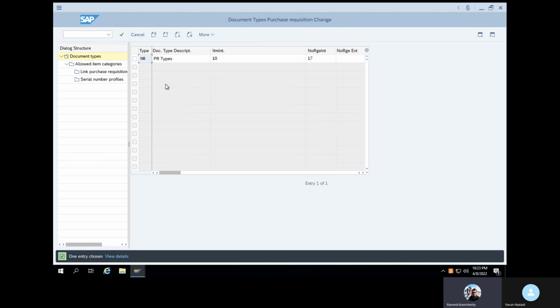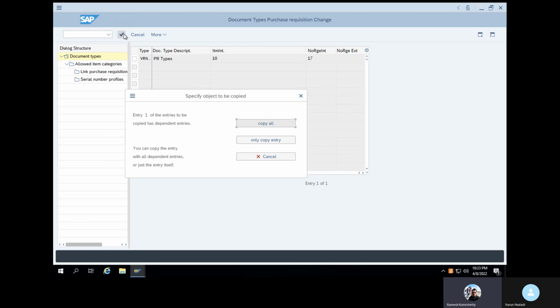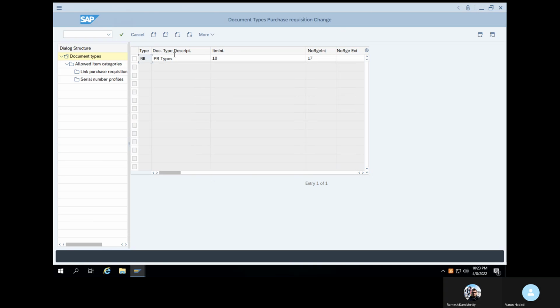You can enter a 4-digit key: V, R, and B. Okay, V, R, and B. And change the description also: Warren PR type. Sometimes we forget the Warren type. Okay, just copy, press enter.